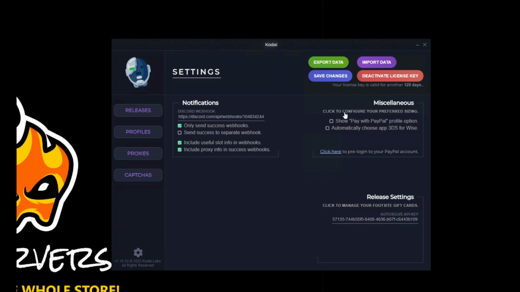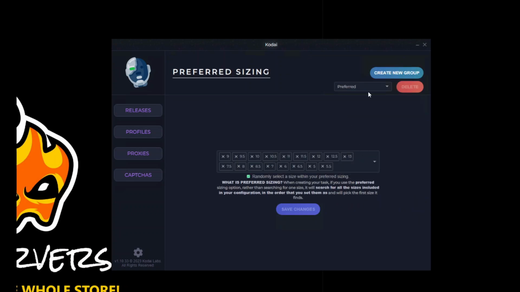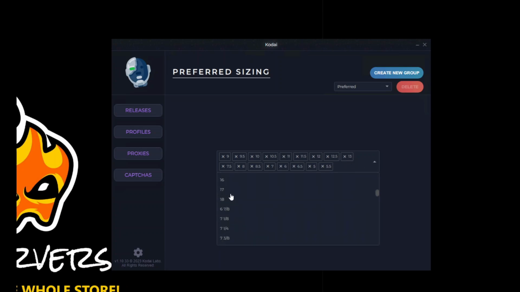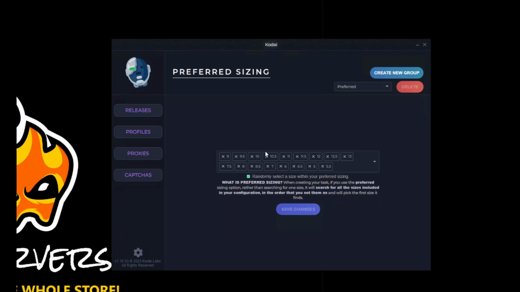and then during the task creation process, assign it out. How would you do this? You'll select to configure, and in here, I have mine already set up from 5 to 13, but you can simply select the sizes that you wish in the drop-down. Once you've enabled them, toggle on randomly select a size within your preferred sizing, so that it literally just randomly selects one from the range